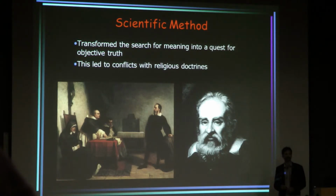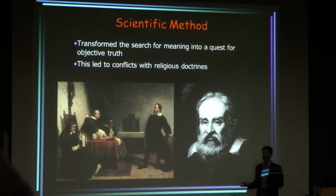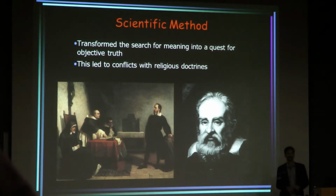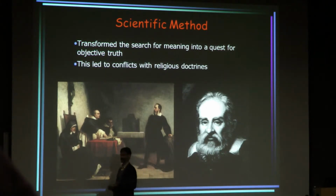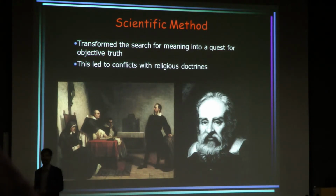Like, for example, the whole notion that the Earth is not at the center of the universe, right? Going back even a couple thousand years, it was believed that the Earth was at the center of everything. And that was also something that was ingrained in religious dogmas. So when somebody like Galileo here writes a popular book explaining that the sun is really at the center, the Earth is not at the center, it's actually the sun, this causes tremendous upheaval and actually leads to his personal persecution,